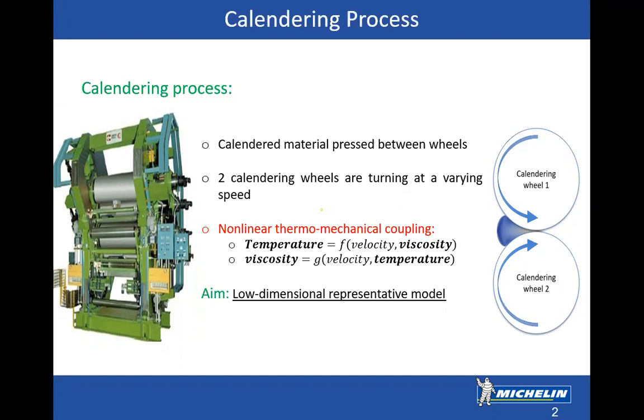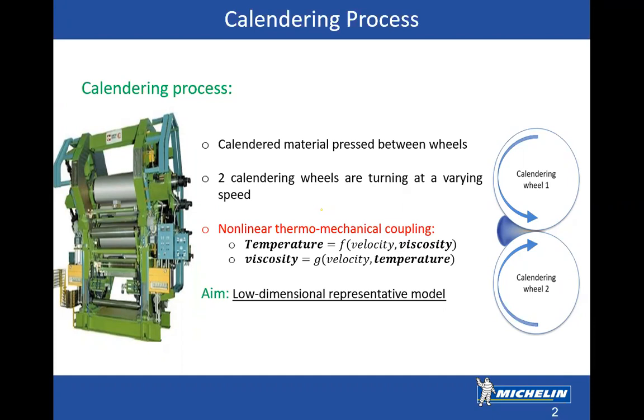So the subject of my PhD is controlling a calendaring process. What is a calendaring process? In the wheel industry in Mishnah, in the first step, we have to press or calendar the material so that from the bulk material we obtain thin material, and the material is pressed in between wheels. For simplicity, we have the calendaring wheels, which are rotating. We can manipulate the rotational speed of the calendaring wheels, and the material is pressed in between so that we have thin layers of the material.